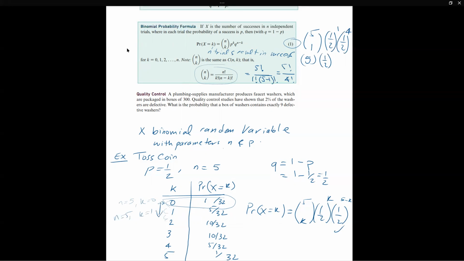1/2 is just 1/2, and this is going to be 1 over 2 to the 4th, which basically means 2 times 2 to the 4th is 2 to the 5th, so it's going to be 5 over 32, which is this one. All right, so